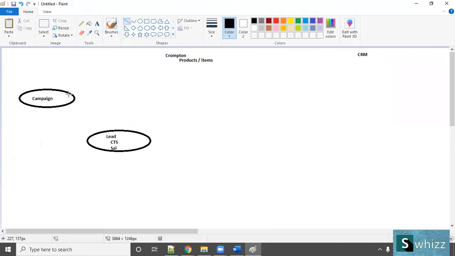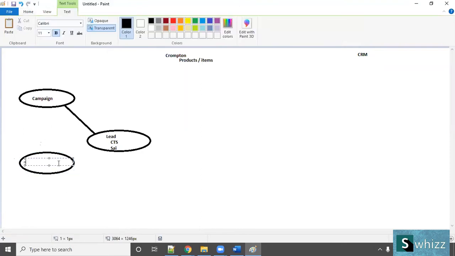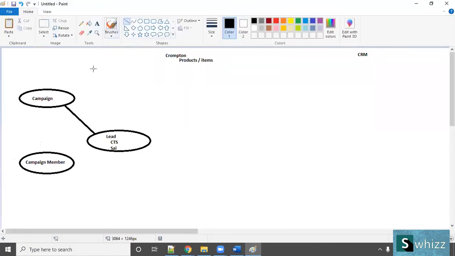So we will associate a campaign to a lead. When you are associating a campaign to a lead, there is another part called campaign member. What is that?